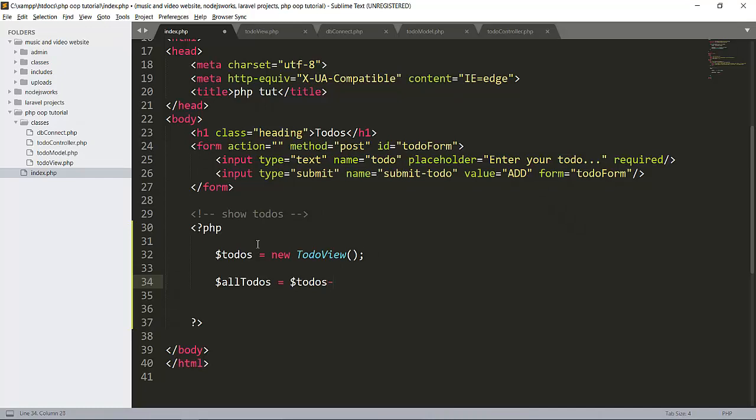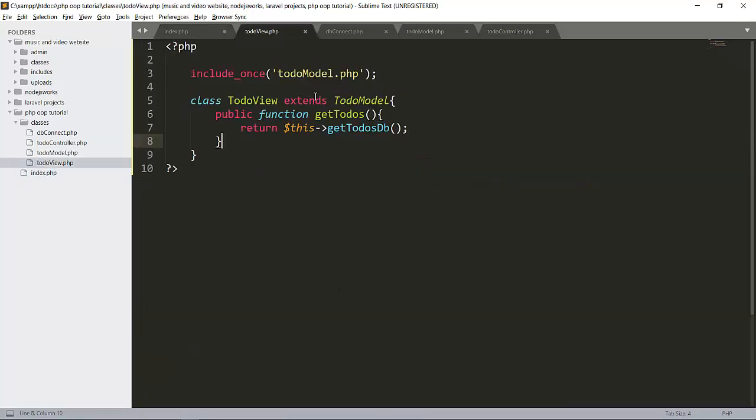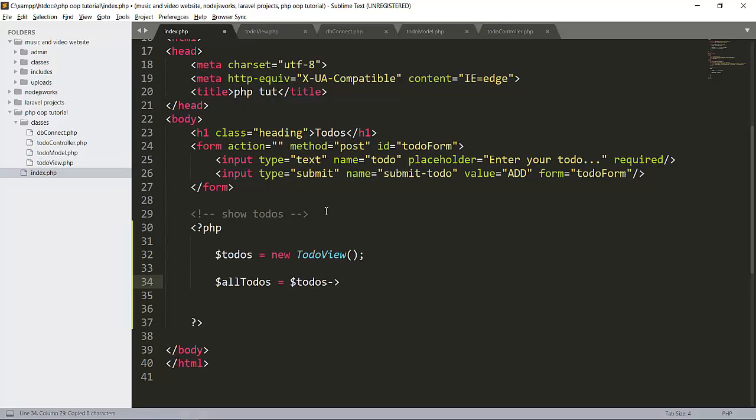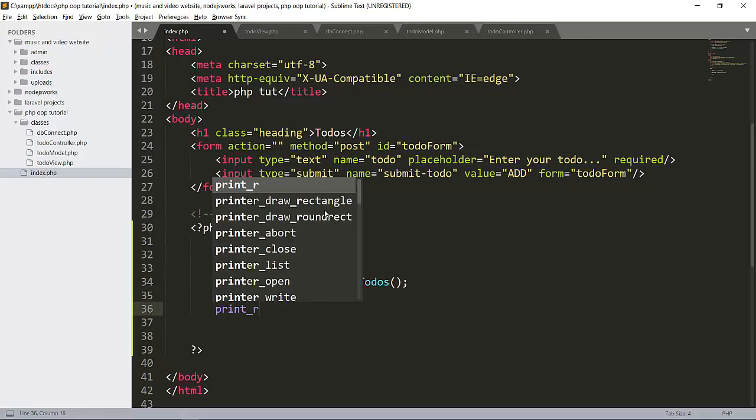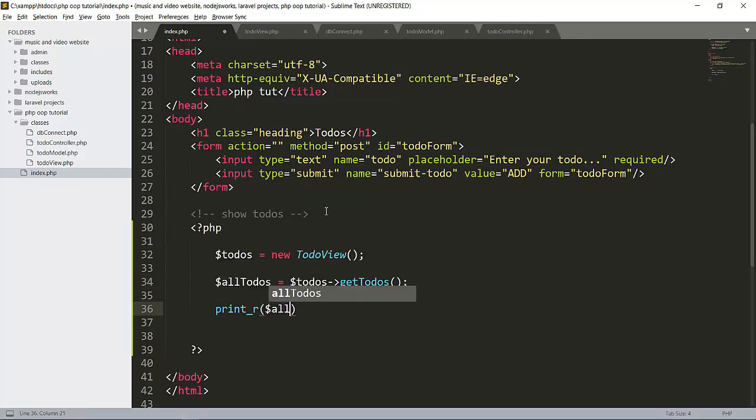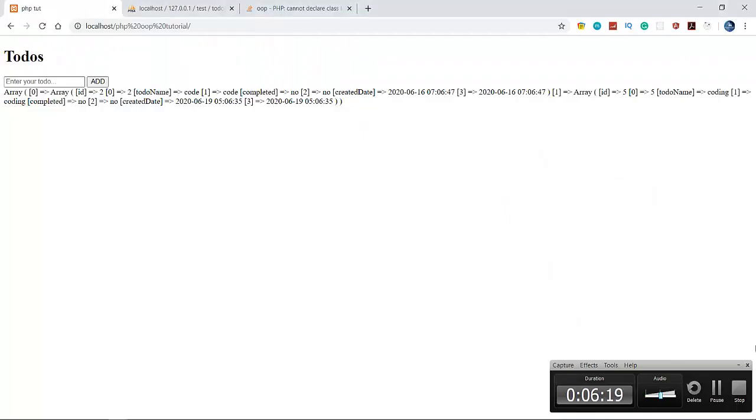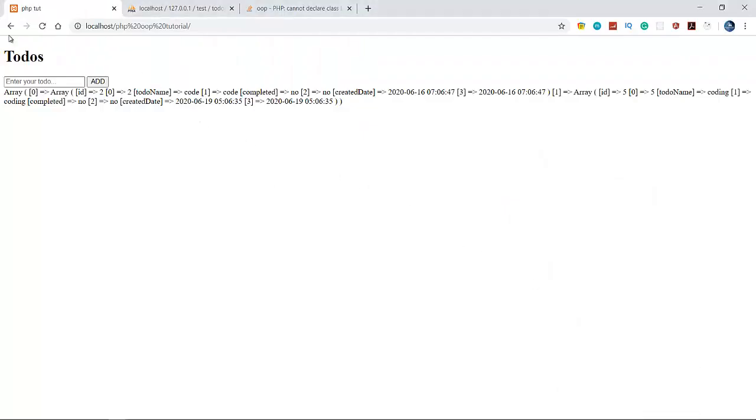Now the data which is returned from this getTodos will be stored in one variable. Let's print our $allTodos. Let's reload this. See that we are getting an array here.